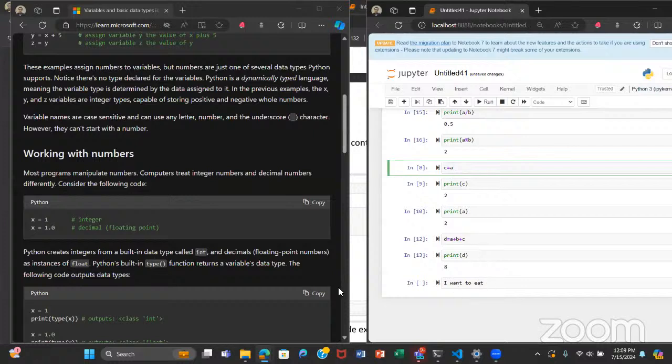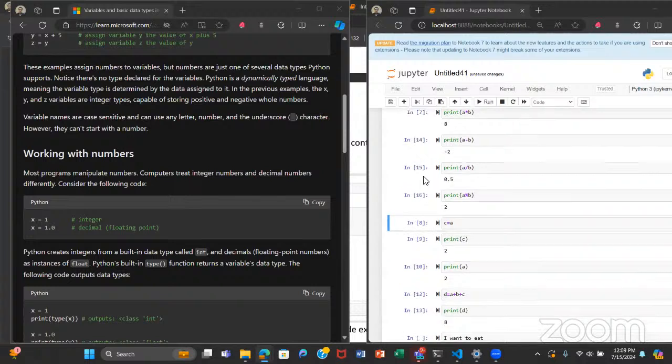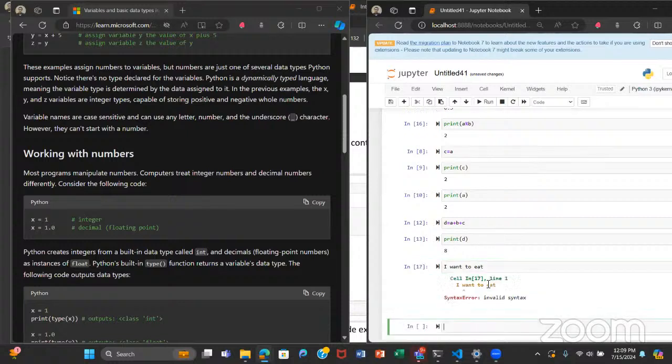The next thing I said was that in Python we have two general types of data. We have text and we have numbers. Now, text I think is self-explanatory, something like this, where I want to use text. Now, if you were to run this, you get an error.